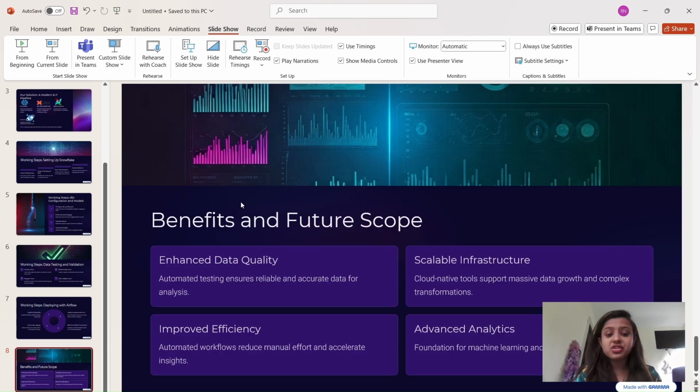I would also like to mention the benefits and future scope of our project. The benefits were enhanced data quality, with automated testing ensuring reliable and accurate data for data analysis; scalable infrastructure, with cloud native tools supporting massive data growth and complex transformations; and improved efficiency. The whole purpose of making this ELT pipeline was automating workflows to reduce manual effort and accelerate insights as well. An advanced analytics foundation for machine learning and predictive modeling is something I would like to integrate in the future. But for the start,